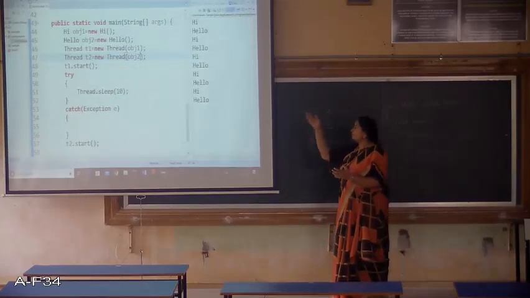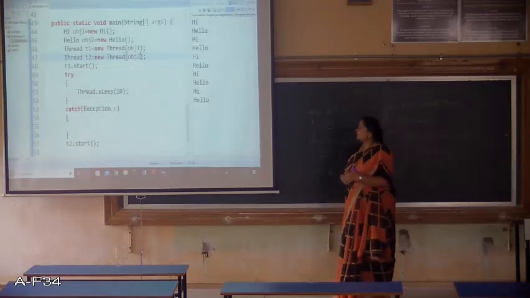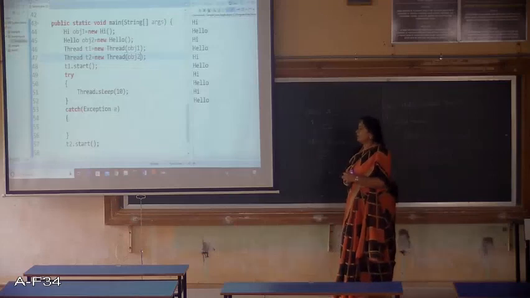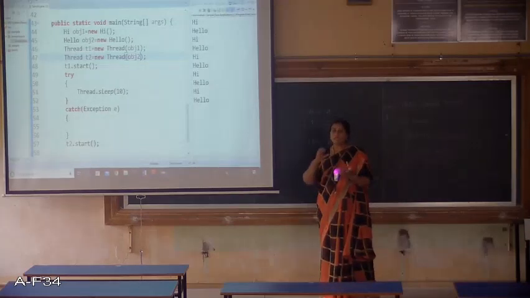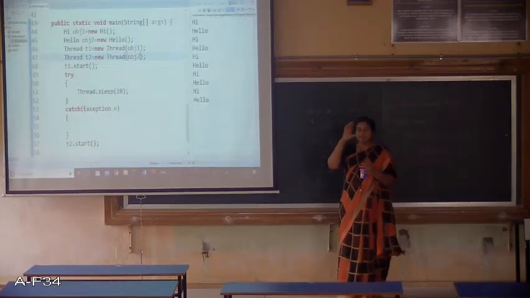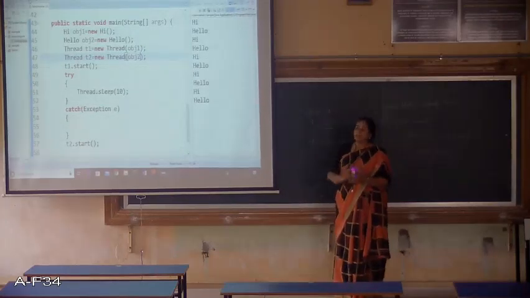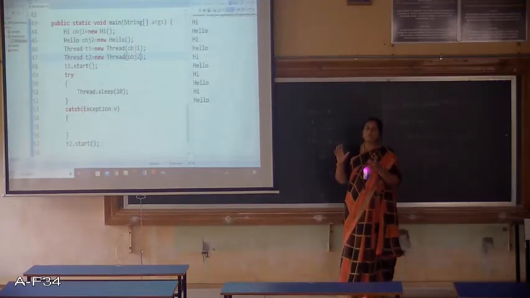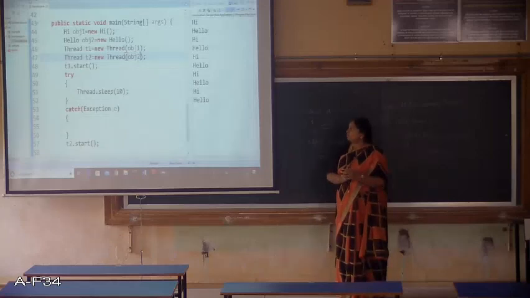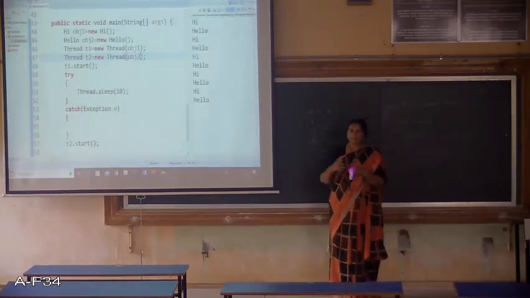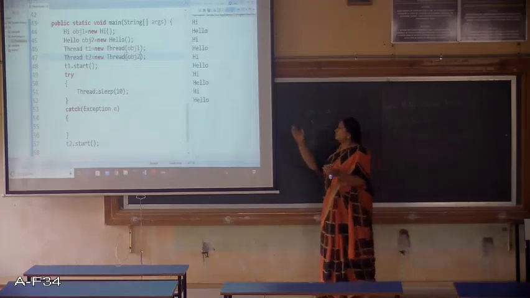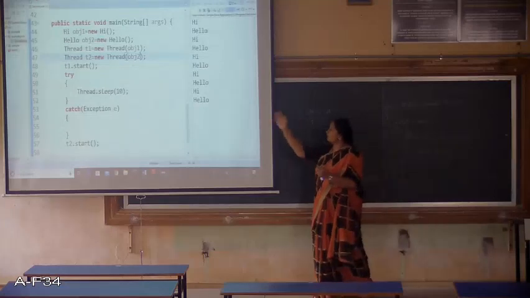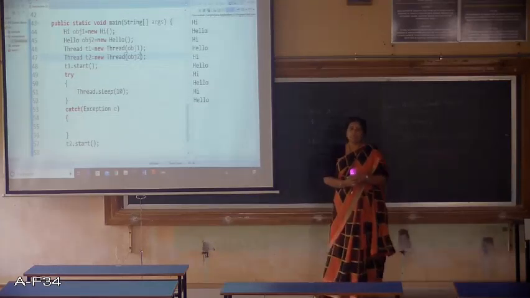So we have to have the thread class's objects, and we have to pass the objects of hi and hello classes over here, because the task to be done is written in the run methods of hi and hello classes, right? So those two objects should be passed as parameters to the thread class's constructor. Whenever we create Thread T1 equals new Thread, we are passing the hi class's object and hello class's object as parameters, right?